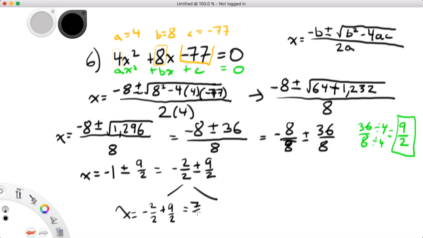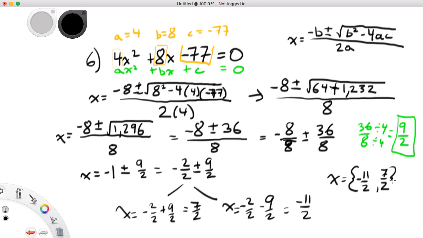So I know that x is equal to negative 1 plus or minus, and then you know what I'm going to do? I'm going to go ahead and reduce this fraction to its simplest form. So 36 and 8, I think they both divide by 4, right? 4 times something is 36. I think 4 times 9 is 36. So I'm going to divide the top by 4. I'm going to divide the bottom by 4, and I'm going to get 9 over 2. Okay, and they don't have any common factors, so that's about it. Negative 1 plus or minus 9 over 2,